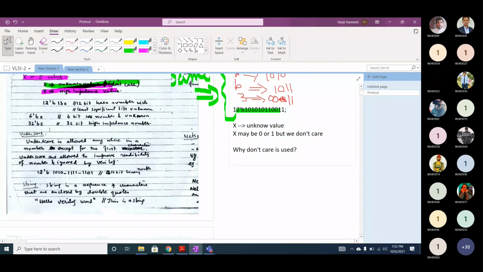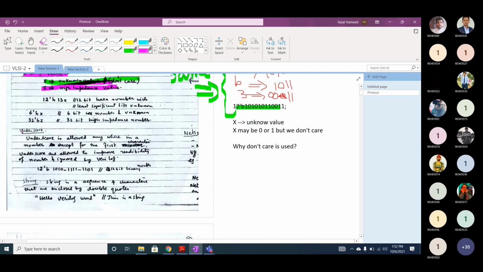Now underscore. Underscore is allowed anywhere in a number except for the first character, and it is allowed to improve the readability of the number and is ignored by Verilog. I will give you an example. Let's assume we have a signal 12B 1010 1111 0000. This is without underscore.